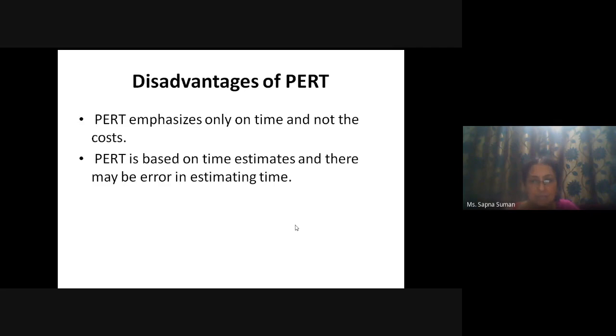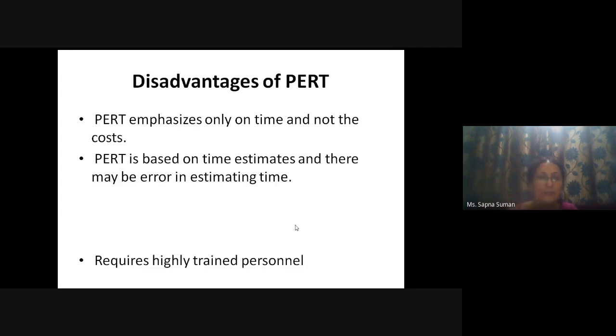Okay, so the third point says here कि our main concern is based on time estimation. और ये जो टाइम एस्टिमेशन किया जा रहा है ये बिफोर हैंड किया जा रहा है, इन एडवांस किया जा रहा है, प्रोजेक्ट शुरू होने के पहले किया जा रहा है. तो हमेशा इसमें कुछ ना कुछ एरर आएगा, कुछ ना कुछ त्रुटि आएगी. टाइम एस्टिमेशन बिल्कुल एग्जैक्ट नहीं किया जा सकता है.